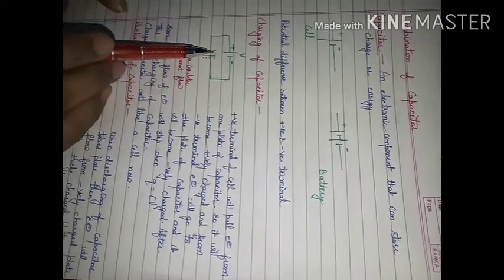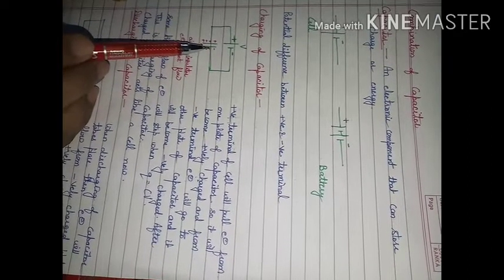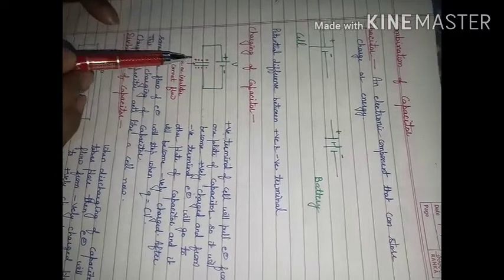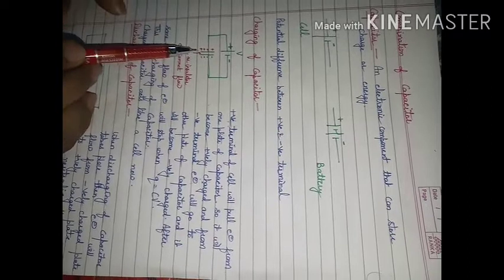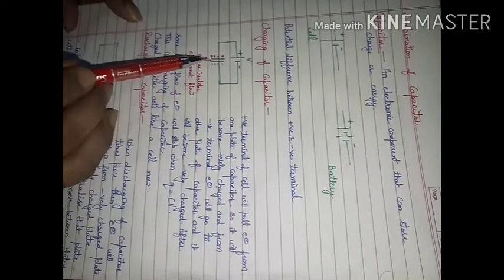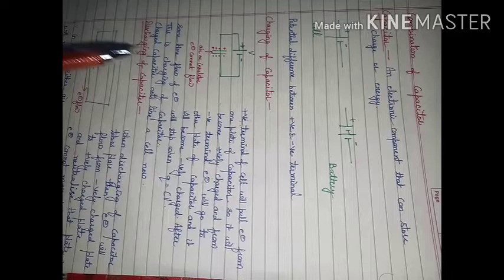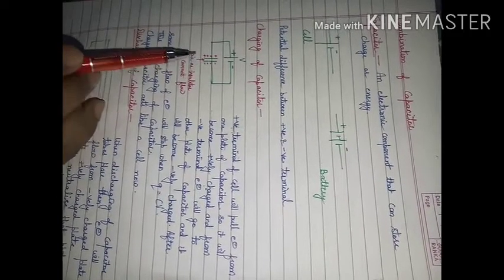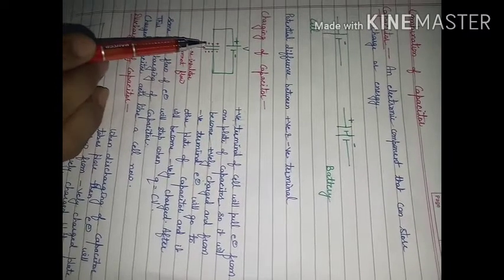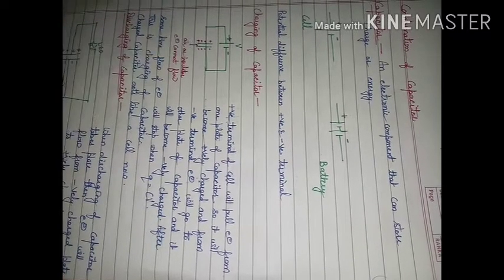So this plate is going to have positive charge because it is losing electrons, and this plate is going to gain electrons, so it will become negatively charged. So its potential will be lower, and the other's potential will be higher. A potential difference will develop across the two plates of the capacitor. When this potential difference becomes equal to the cell's, we say the capacitor is fully charged. Flow of electrons from this side to this side will not be there, because in between we have either air or some non-conducting material.